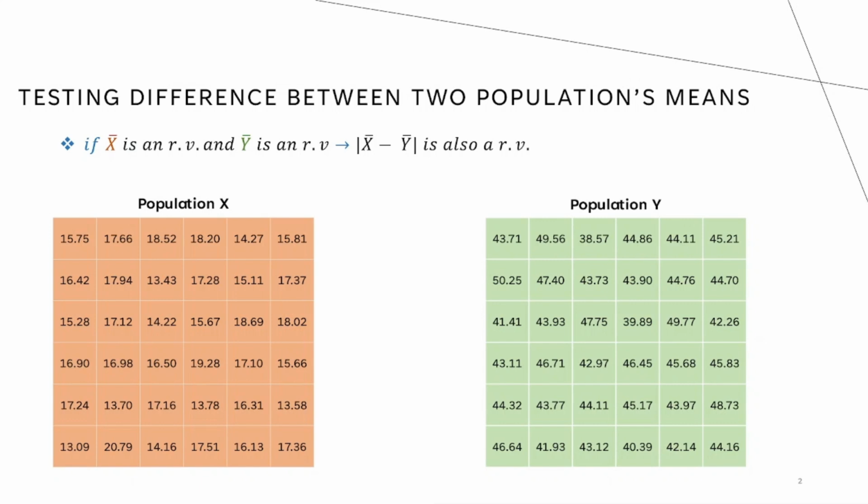which was helpful for validating the idea that if x is a random variable, and I'm sorry, the mean distribution of x is a random variable, and y, the mean distribution of y, is a random variable, then the difference between the mean x and mean y is also a random variable. So if we're just looking at this to review some concepts,